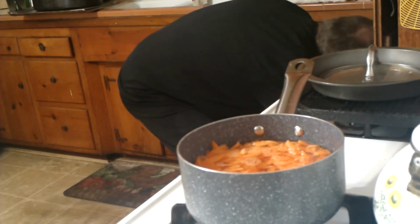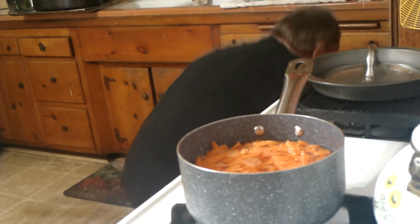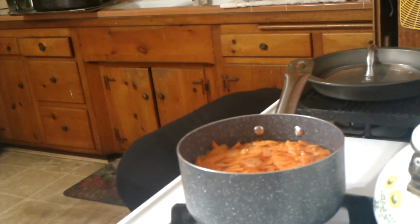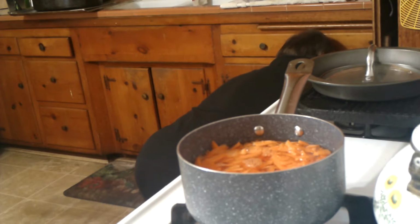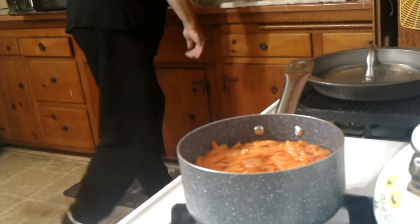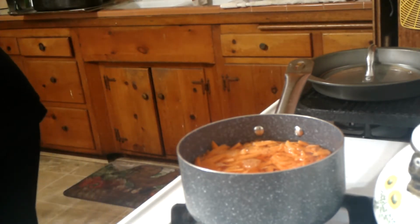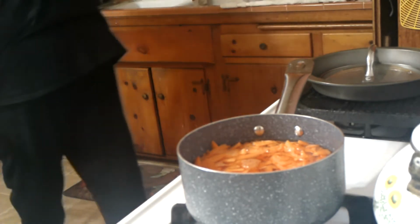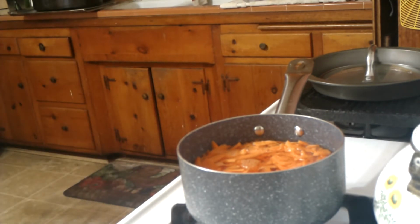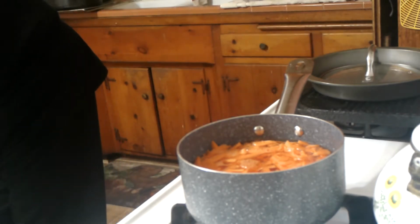Okay, where is my colander? Where the heck did my colander disappear to? There it is. So much stuff. I have an awful lot of pots and pans. So just bear with me for a minute or two here, folks, while these carrots